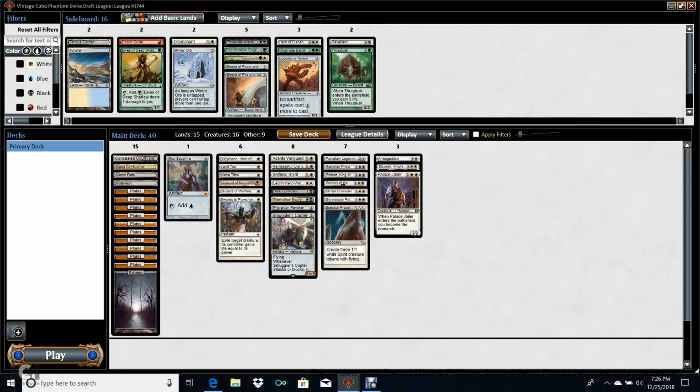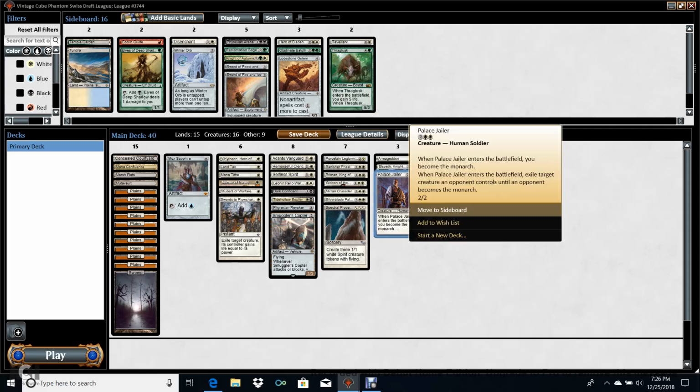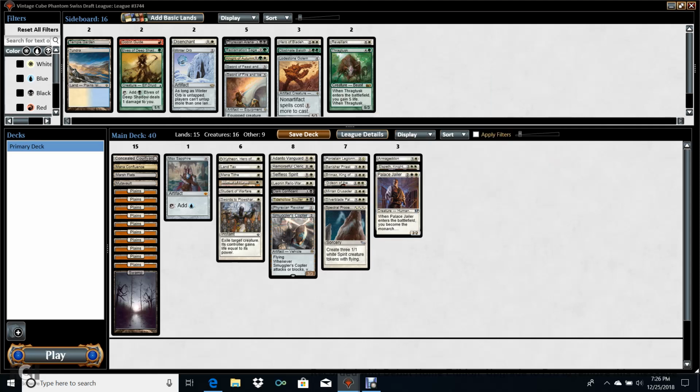I have Gideon, which stymies green. Banisher Priest is great against green. Palace Jailer is good against green. Never mind. My green matchup's not bad. Maybe I just wanted Gideon. Looking at this deck now, I mean, that's...